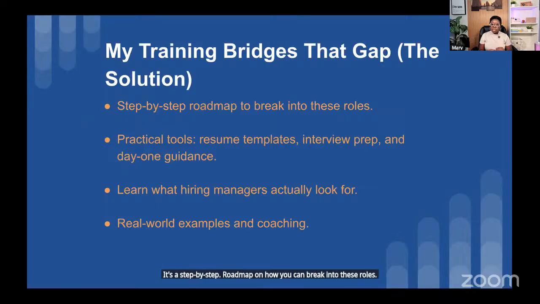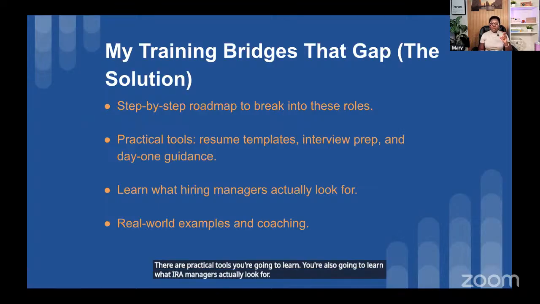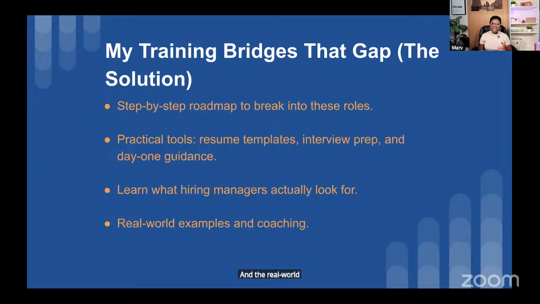There are practical tools you're going to learn. You're also going to learn what hiring managers actually look for, and the real world examples. Again, real world examples. People struggle mostly when they get to the interview phase and they realize that if you